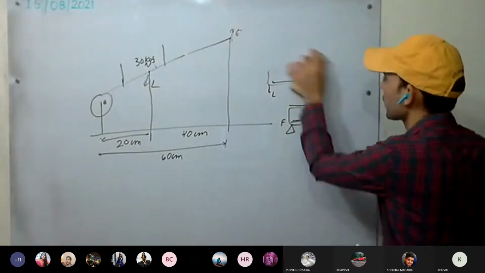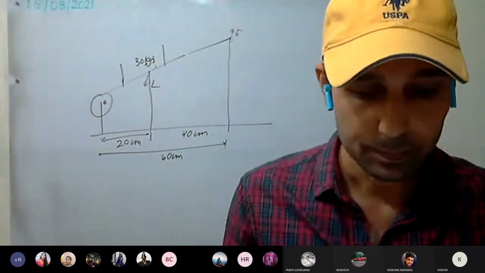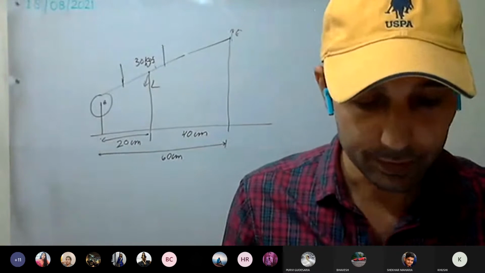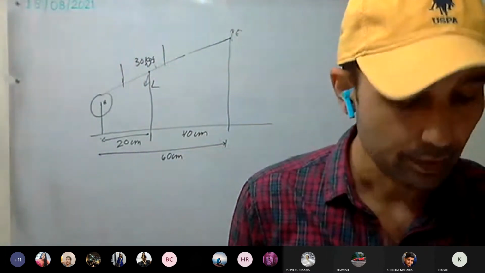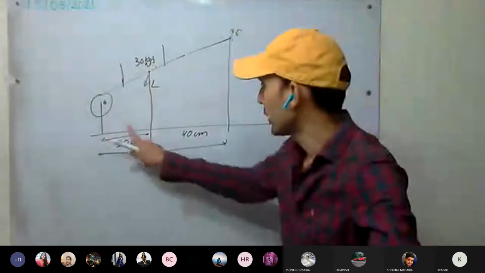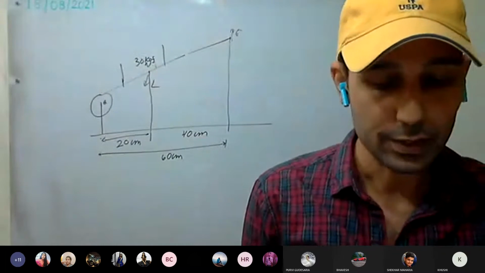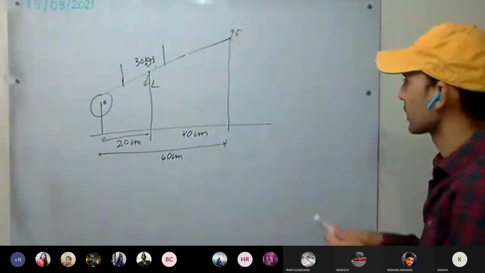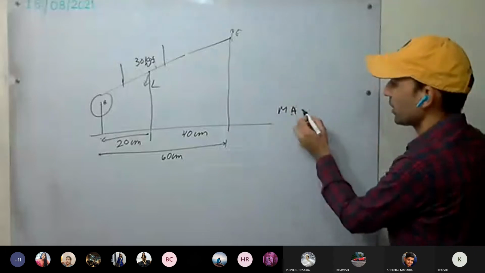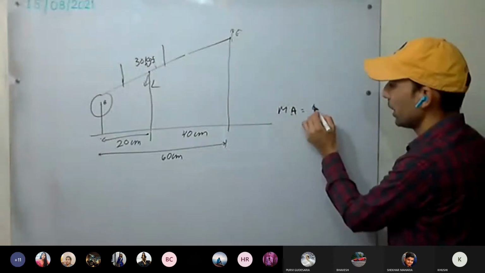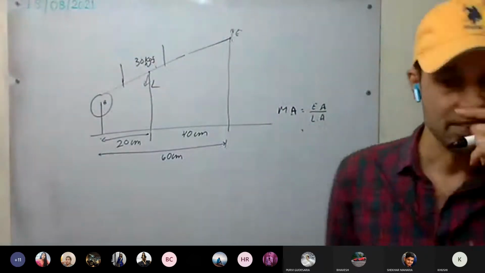Okay, now see what you have to calculate. Calculate the load arm. Load arm you can easily tell. What is the load arm? 20 centimeters. The effort arm, 60 centimeters. 20 plus 40, 60 centimeters. The mechanical advantage. How to calculate the mechanical advantage? If you remember the formula, dE upon dL. So it will be effort arm upon load arm. How much is it? Calculate and tell me.